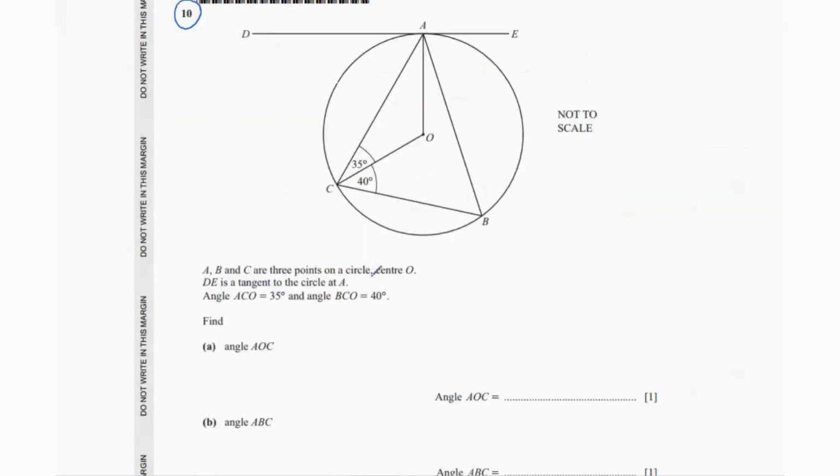A, B, and C are 3 points on a circle with center O. DE is a tangent to the circle at A. Angle ACO is given as 35 and angle BCO is given as 40. Find angle AOC. Now, this question is very similar to a question that we've already done in one of the